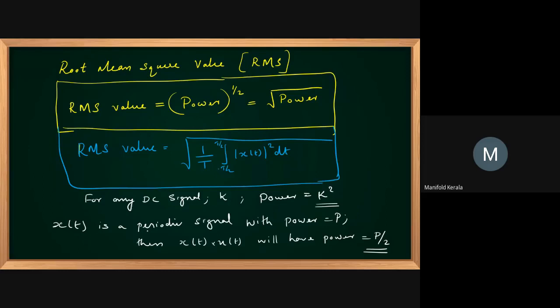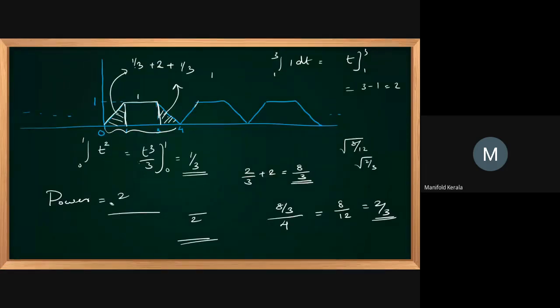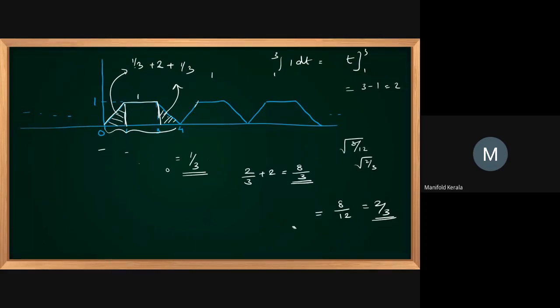If x of t is a periodic signal with power P, if you multiply x of t with u of t, power will be P by 2. I'll tell you what actually is happening. For example, suppose I consider this particular waveform. Okay. Then suppose I just make it